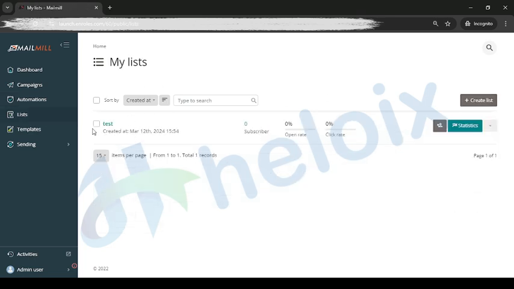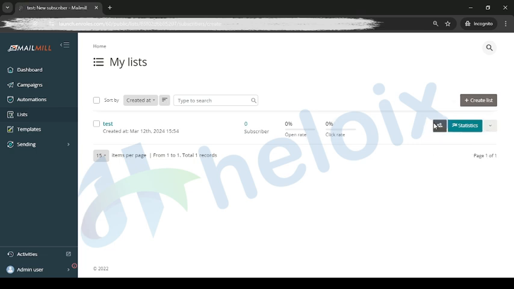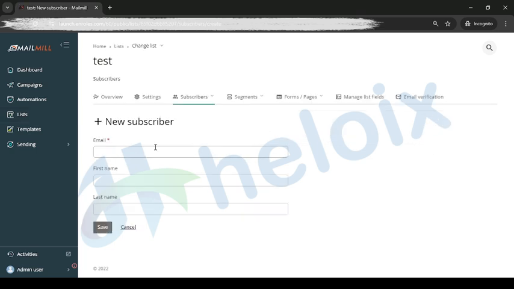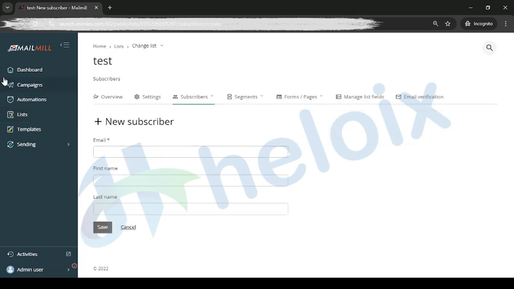This is the list which we have created, but this is already expired. So here you can check subscribers, but we had not added any subscriber. Yeah, that's why it's not coming. First we need to set up subscriber data, then it will work for you. First you need to create a list. In this list you need to set up subscriber data, then you can use the subscribers in campaigns, because without subscriber data you cannot use campaigns.